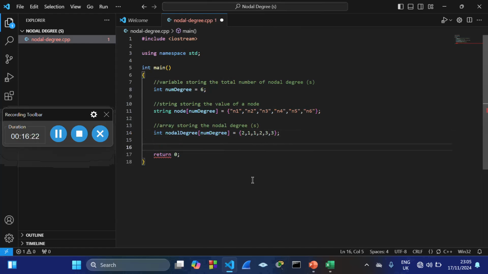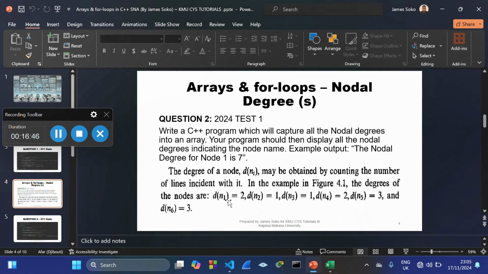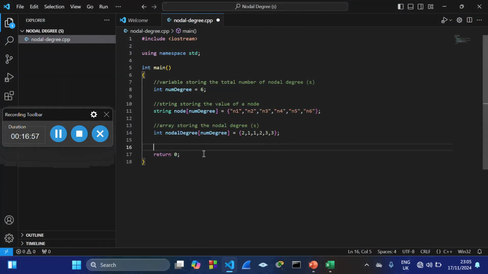We are done. So if you can see, since we are saying num degree is equal to 6, we can count 1, 2, 3, 4, 5, 6, and n1, the position is corresponding to 2, and n2 to 1, n3 to 1, n4 to 2, n5 to 3, n6 to 3. Based on this data, we have n1 2, n2 1, n3 1, n4 2, n5 3, n6 3. Yeah, so once we understand this, now we need to use a for